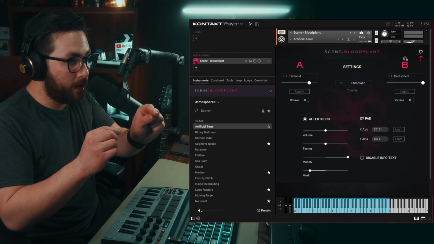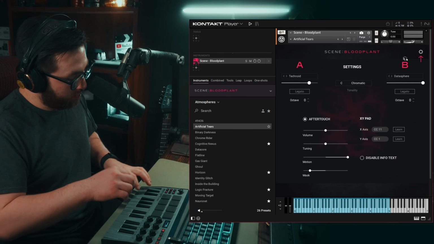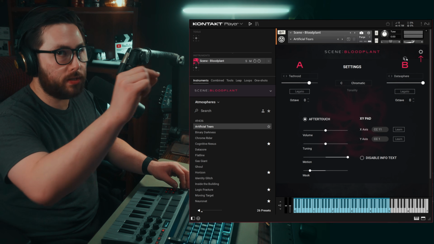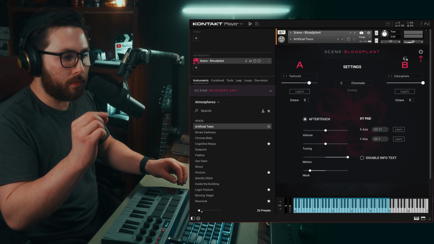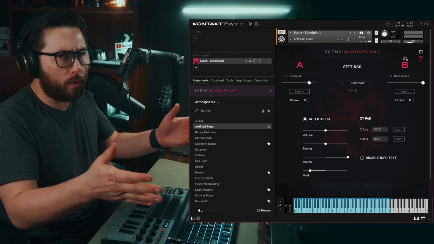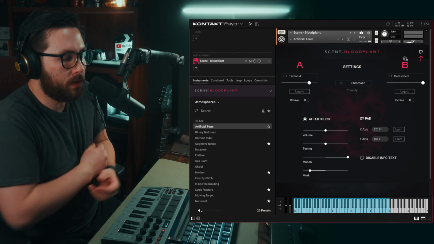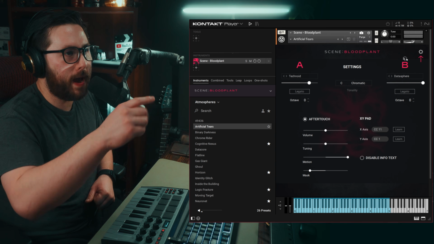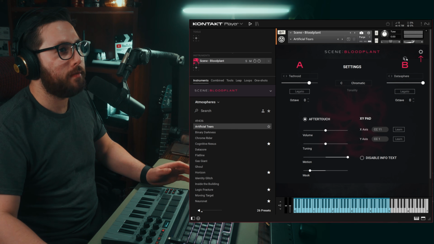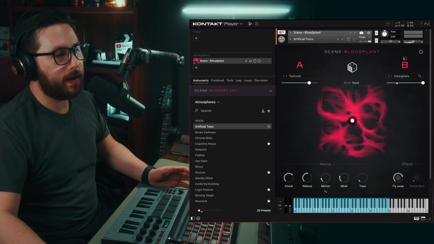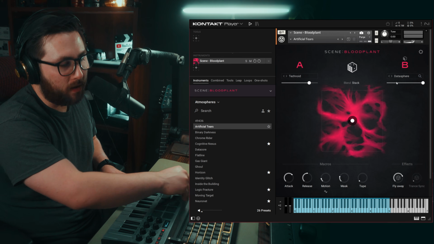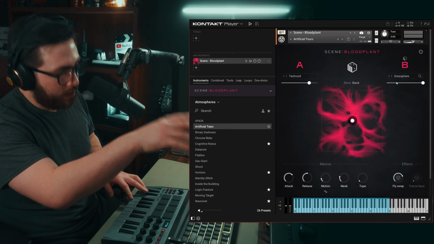So you can push a button that says record, and you'll do your little automation with your mouse or your jog wheel or touchpad or whatever, and stop the recording. And it'll do it for maybe 4 bars or 8 bars, so maybe it'll automatically cut off for you, but then it'll just repeat that same pattern, whatever you did with that XY pad, and keep that on rotation. So you don't have to sit here and do it yourself the entire time. You can just record it, have it loop that,